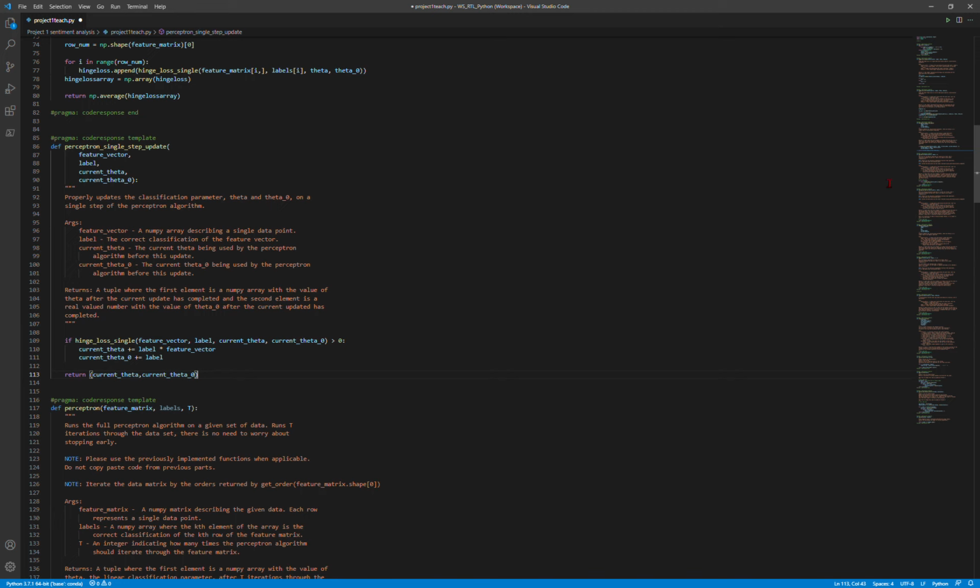Hence, this is our function. So in summary, what I want to say is that this function updates the current theta and theta naught based upon the loss of the particular data point. In this way, we are able to change our linear classifier based upon the data we see at each step, and it is mostly used for online training. That means,